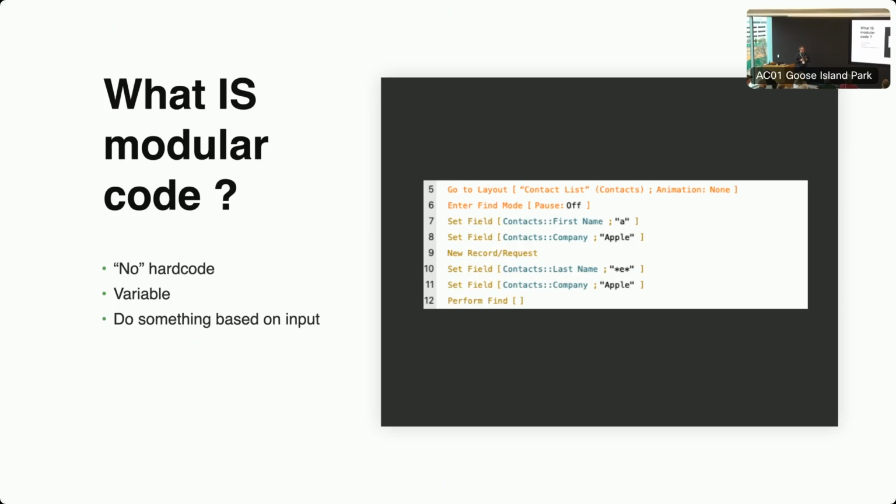Now, the great thing about this is that it's super fast to do. However, you need to go in and change the script and do a lot of stuff, and then it's only working for this part of your solution, right? So don't do this, or I should say, in the concept of modular code,